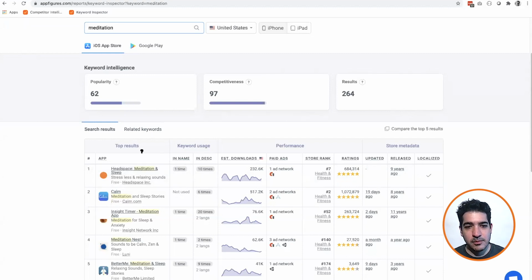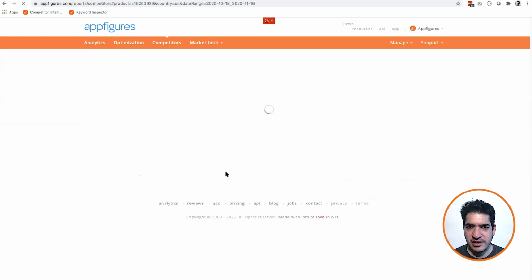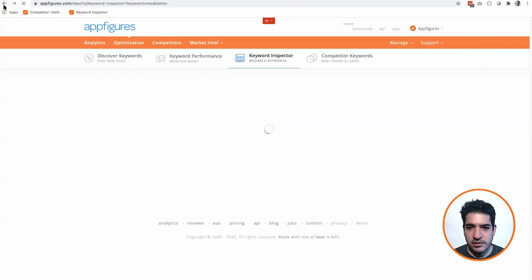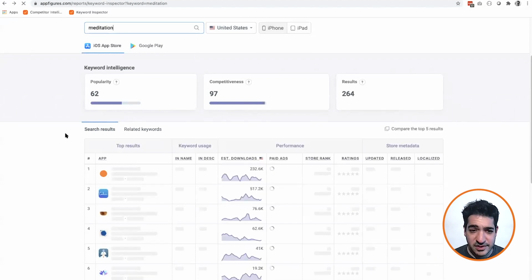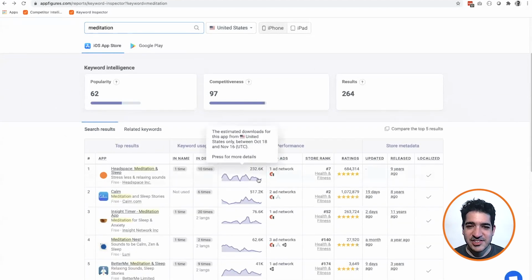Now, beyond seeing those, because that you can see by opening your iPhone, we can see the things that matter to the algorithm. So the things that matter to the algorithm are the trend of downloads, and this is based on our estimates specifically for the US, and I believe this is the last 30 days. Let's see. Oops. Too fast. This is the last 30 days. That's what happens when I do stuff in real time. So this is last 30 days based on our estimates,